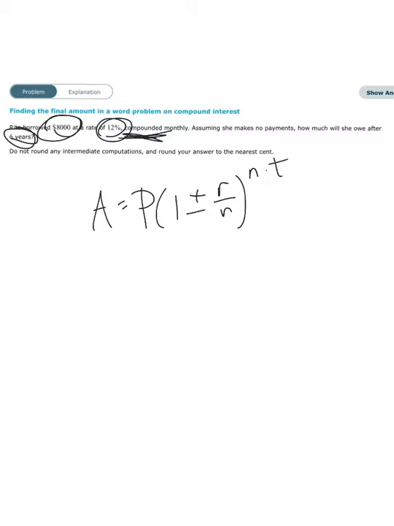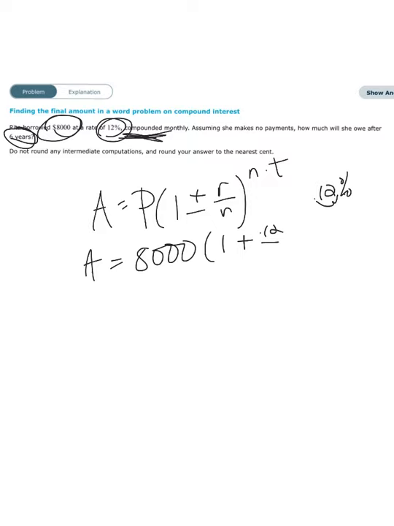So if you're borrowing money and there's an interest rate on the amount you have to pay back, that money is going to increase. If there's an interest rate, it wouldn't decrease. So we have A, we're trying to figure that out. P is 8,000, because that's what we started with. 1 plus, because the interest goes up. Our rate is 12%, which is 0.12